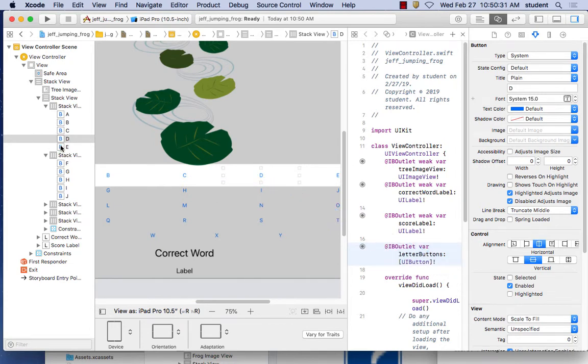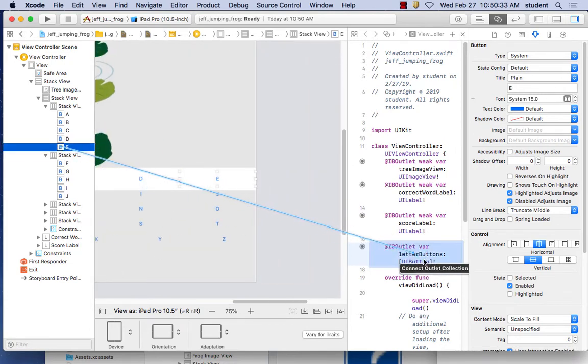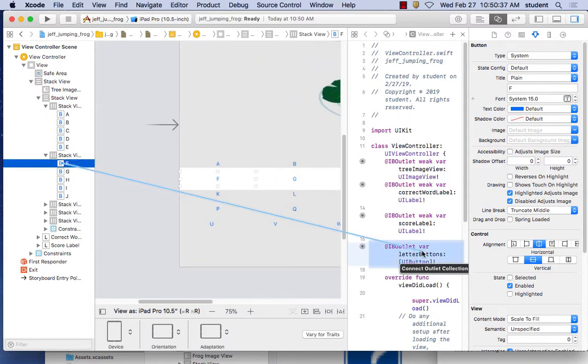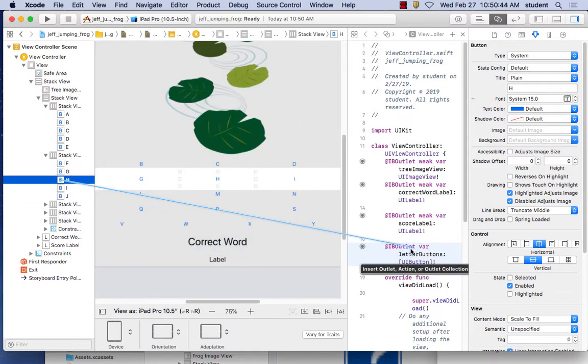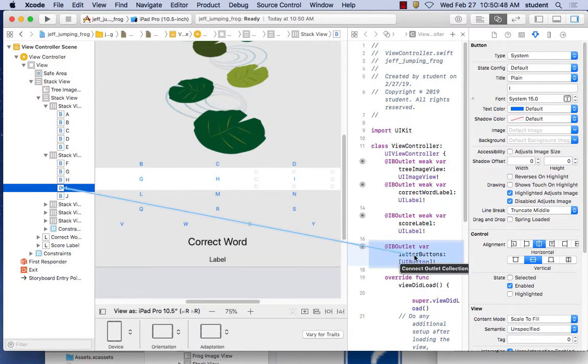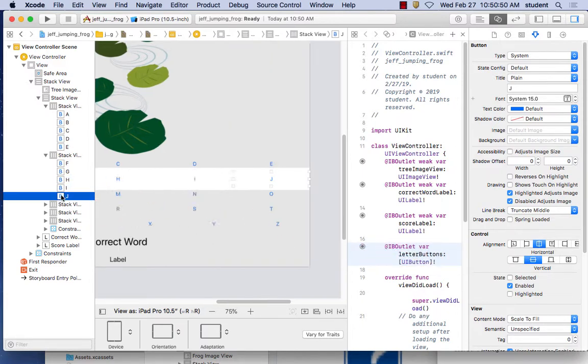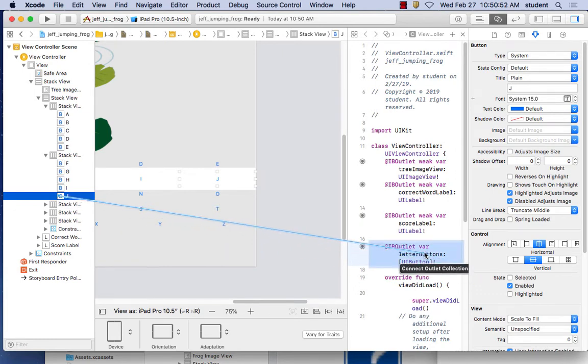I don't know. Can we do it from here? Yeah, you can. Oh, you can do it from there. Maybe do it from over here. It might be easier. You can create that. See how I'm doing it from there? Notice how it turns blue here. Thank you. He's creating the outlets. You can also create it from